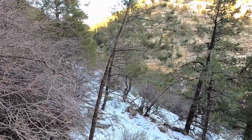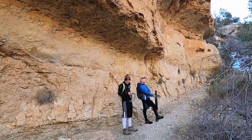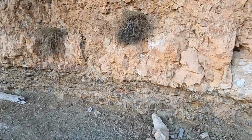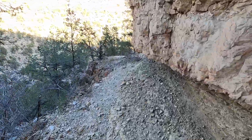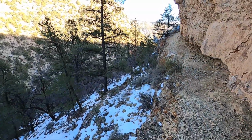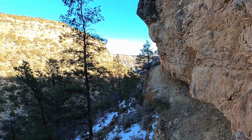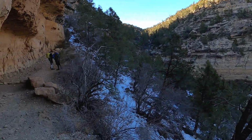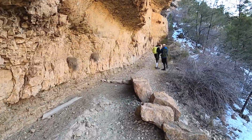You got this nice little pine forest here, and then bam, giant rock. This place will surprise you at every turn. Ooh, what's over here? I see stuff. Well, that appears to go around, but I will not follow it. Here's the canyon. Absolutely gorgeous. And then again, once you get up there and you walk on that road,